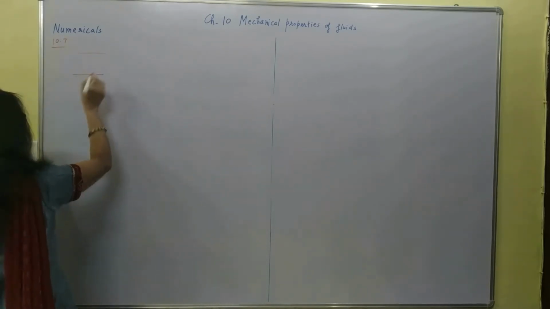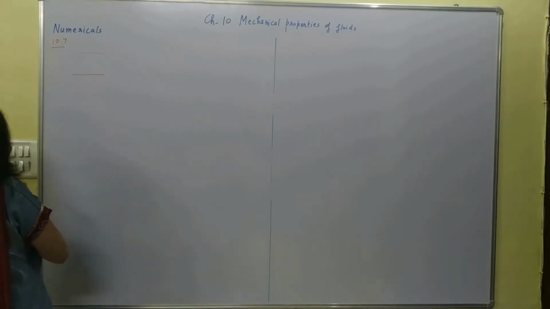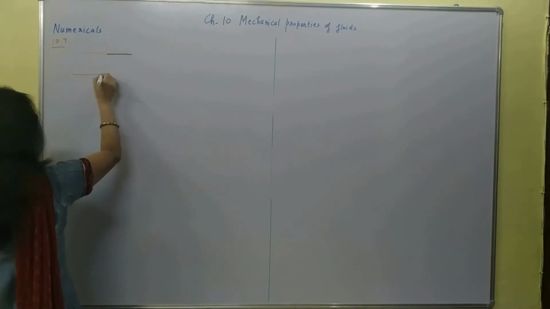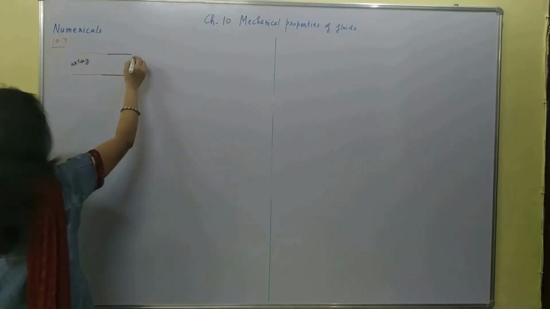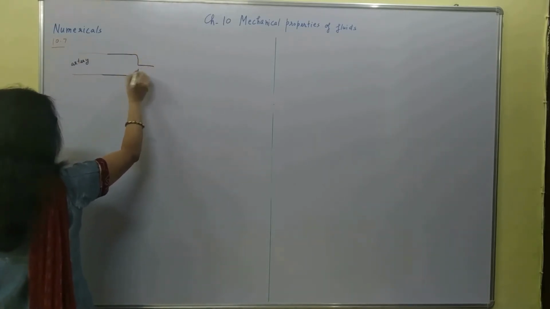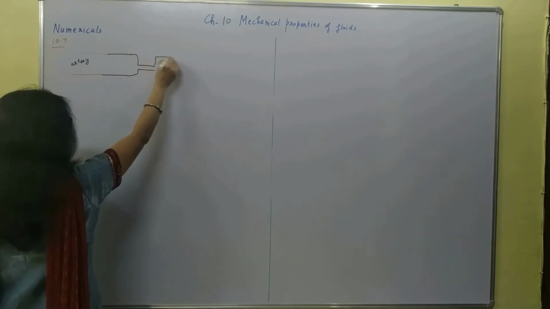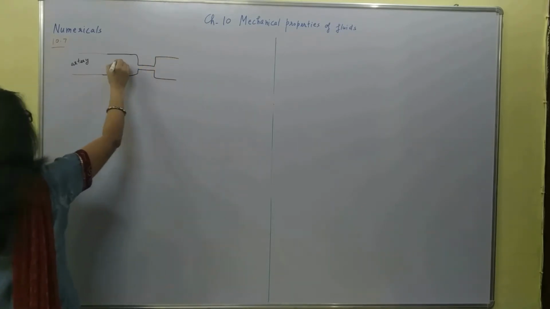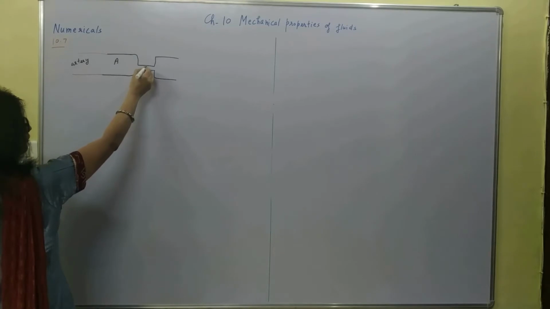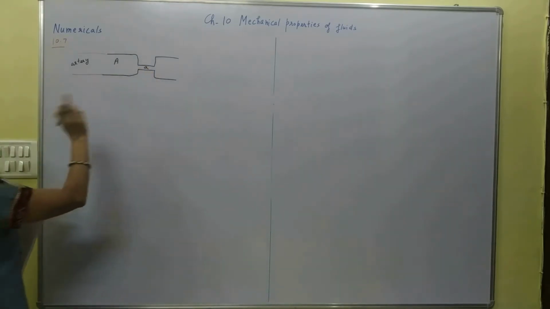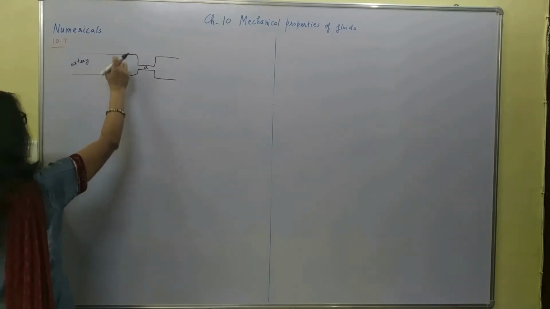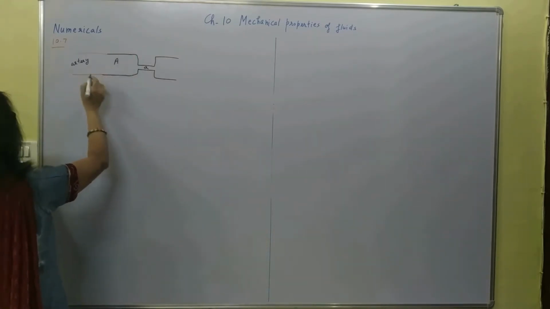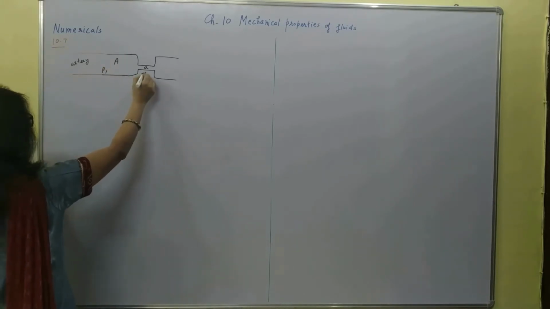So that means if this is the artery and the wider part of the venturi meter is connected to this artery, this is our venturi meter. Capital A is the cross-sectional area of the wider part, small a is the cross-sectional area of the narrow part. Then we have this venturi meter over here. So this is P1 pressure here, P2 pressure here.